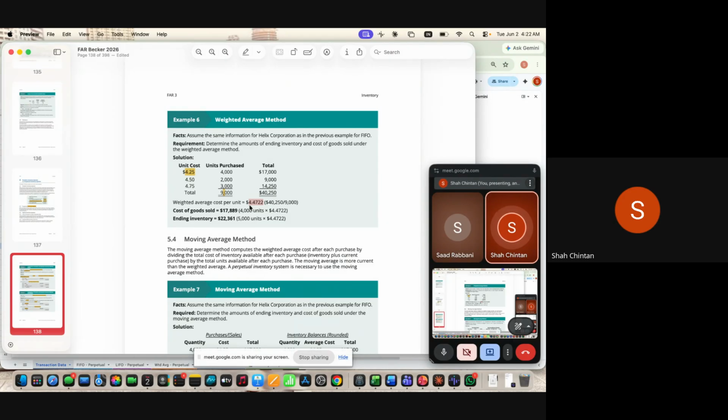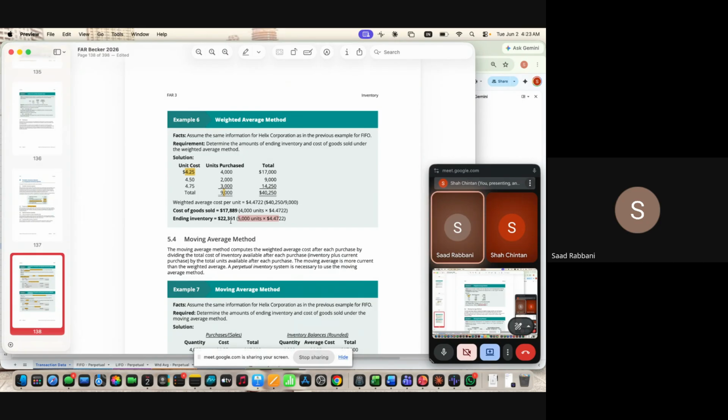So at what value you should value the inventory? So we say that whatever goods are on your hand, which are 5,000 into 4.47, which is 22,000, becomes the value of your inventory. So this is called a simple weighted average method. सिंपल कैलकुलेशन कोई क्वेश्चन है तो पूछ लो।